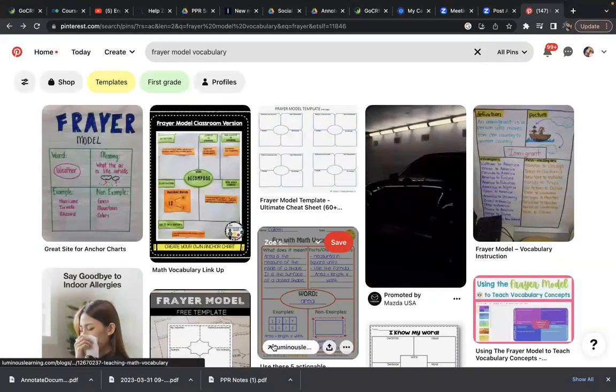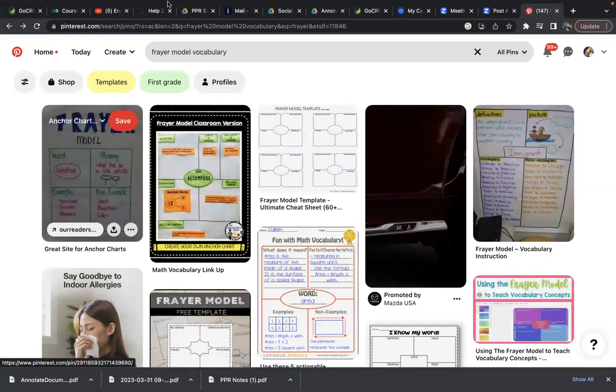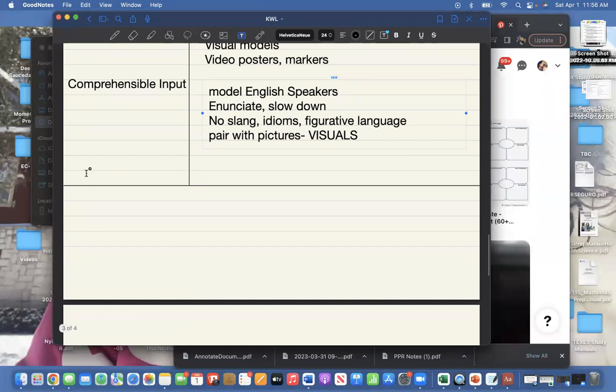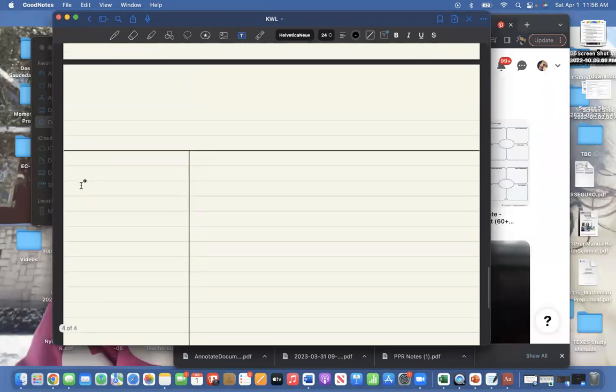When you write it down, when you draw something, I'm going to write this here because it's going to be our last note for this thing, but the Frayer model, because it's my favorite. I feel like there's not even another type of way to teach vocabulary. This was the way I taught vocabulary. So Frayer model, let's do,